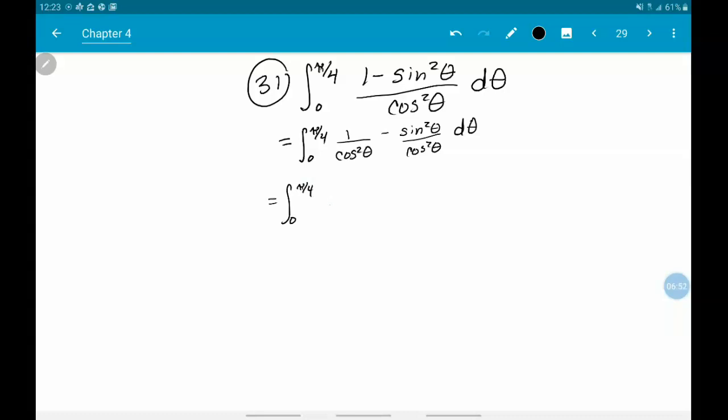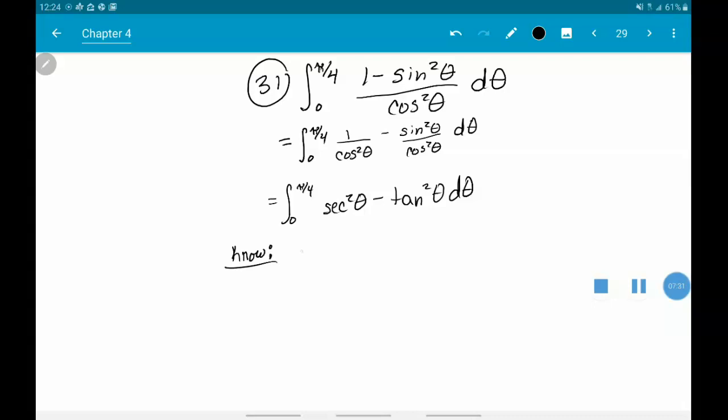So 1 over cosine squared is secant squared. Sine squared over cosine squared is tangent squared. So we need to analyze this. We can integrate secant squared. The derivative of the tangent is secant squared. So if we integrate secant squared, we would get tangent. But we don't quite have anything for this. So let's think about those